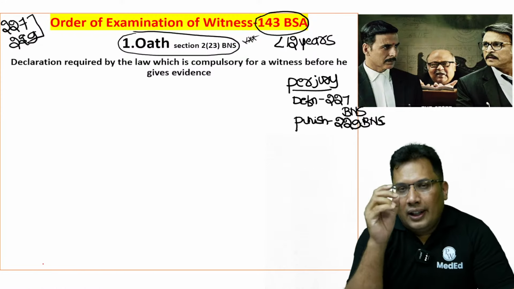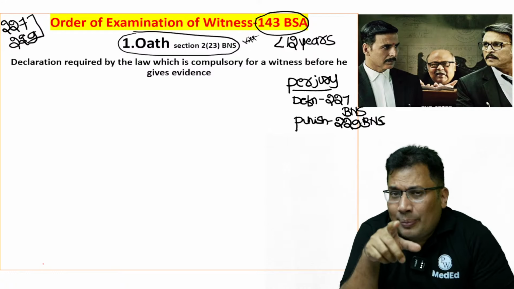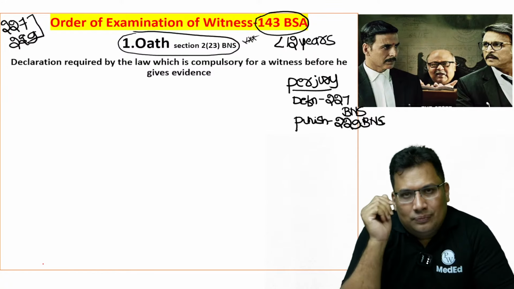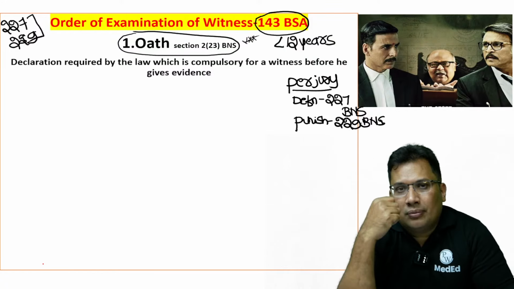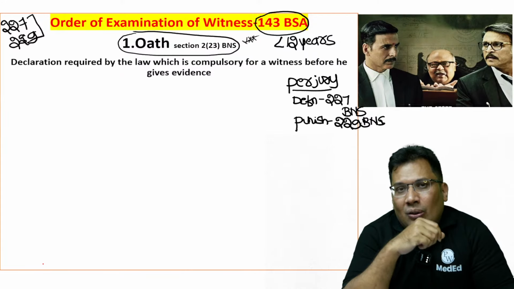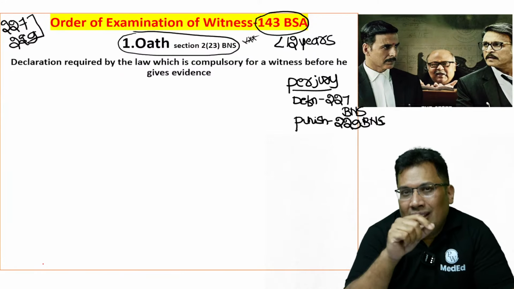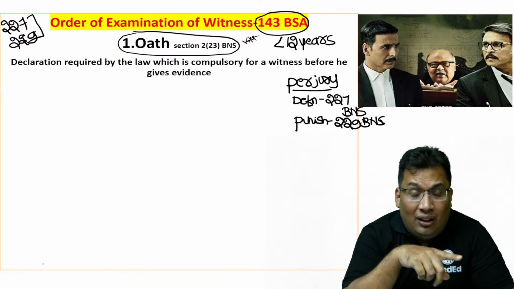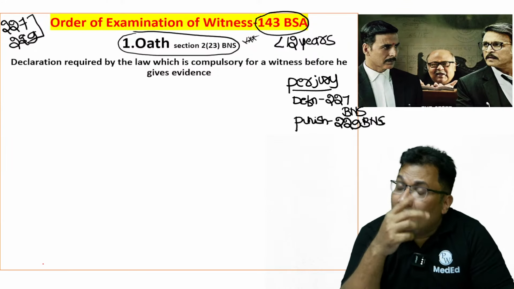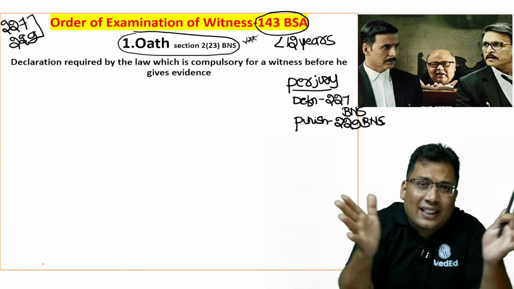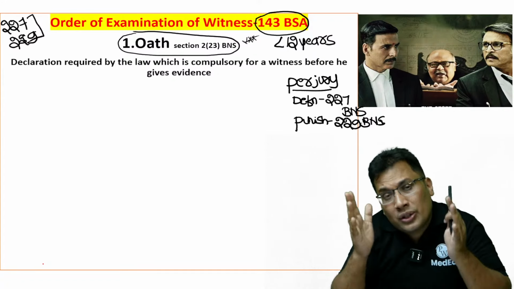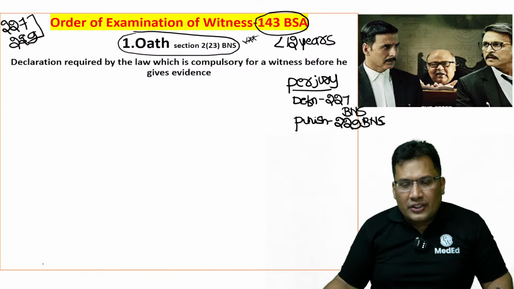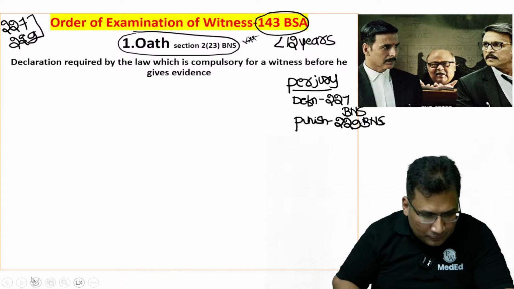Okay. Again, a question asked: what is the difference between perjury and hostile witness? Perjury is a broad term. It can be a person, it can be a document. But a hostile witness is a person who gives different statements. One statement in police investigation, and during court, he tells a different story. One who changes his statement is known as a hostile witness. Okay? Let's move ahead.